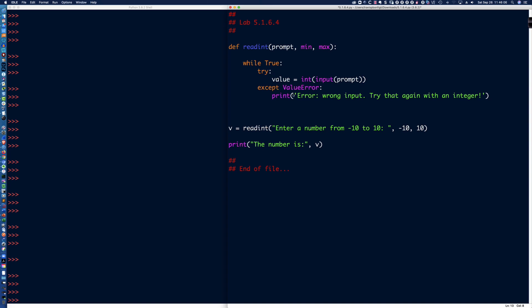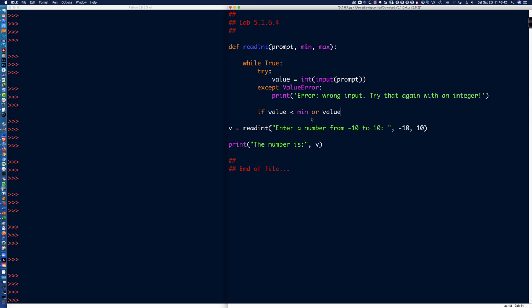Once that try except block is complete, meaning we successfully get the variable value assigned an integer value, we want to check to see, is that integer value in the range that we're working with? Here's where we can use that if statement. So I'm going to say, if the value is less than the minimum, not less than or equal to, if it is strictly less than the minimum or,